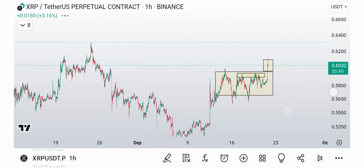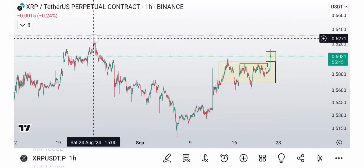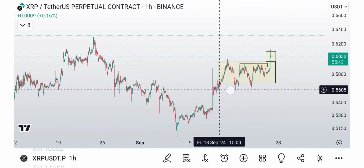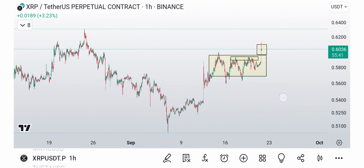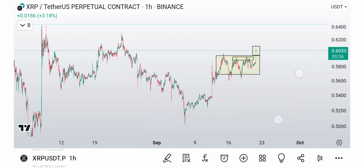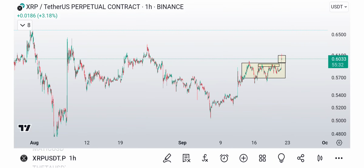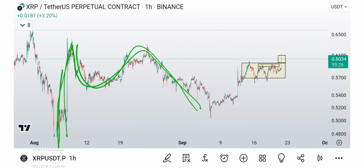We still got a lot of work to do as far as getting back above this swing high sitting here at 62 cents, but overall we're going in the right direction, right? Obviously, we've been looking at this gorgeous, gorgeous three-wave move. I mean, look at that. You have an impulse, and you have a beautiful three-wave move, and then you have a 1, 2, 1, 2,